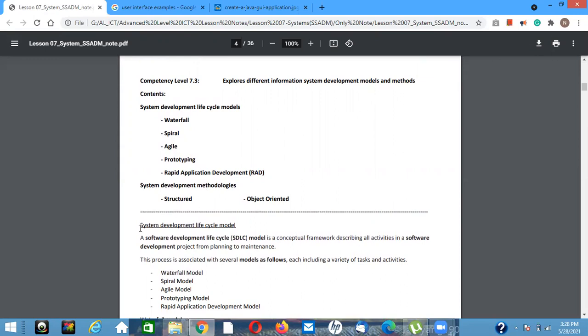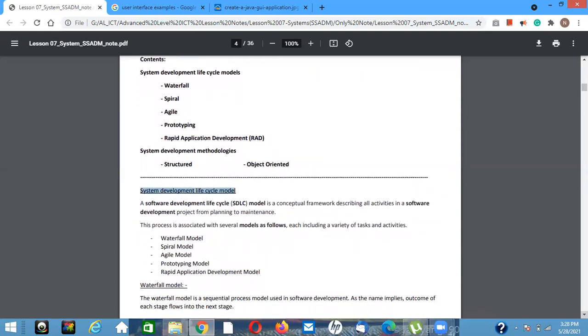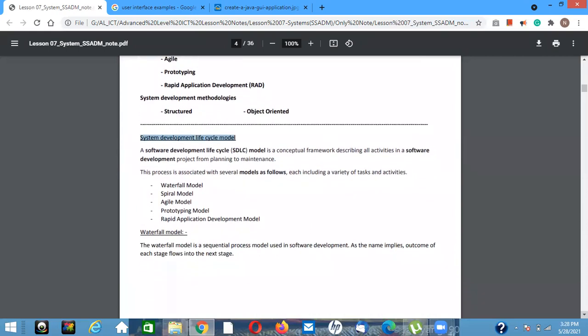So a model, the system development lifecycle model, is a well-known system development model. A model is a conceptual framework which describes all the activities in a software development project.